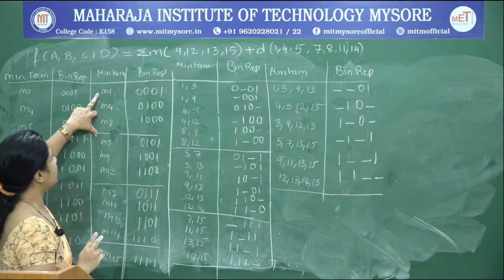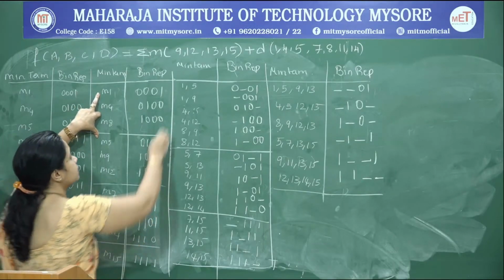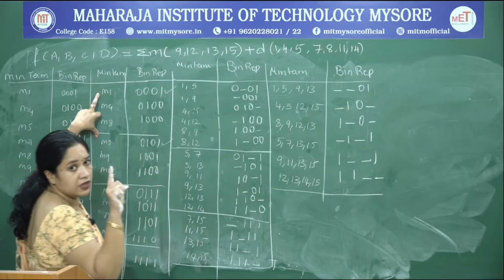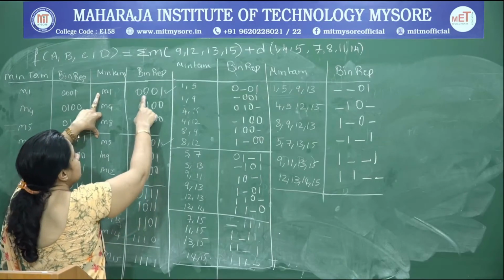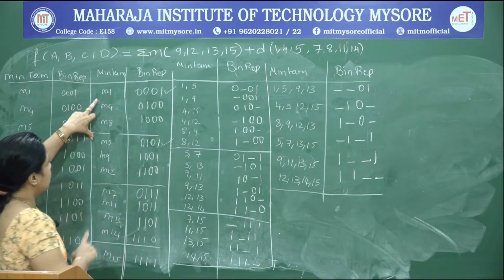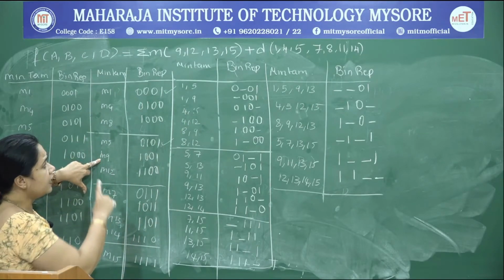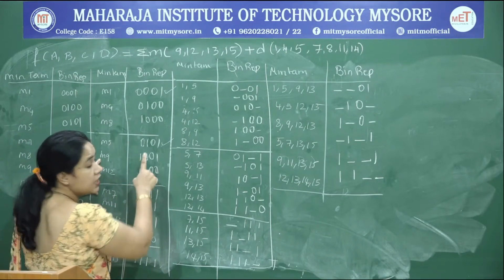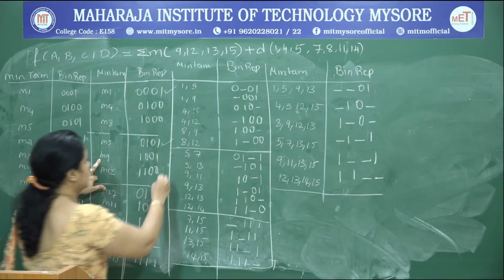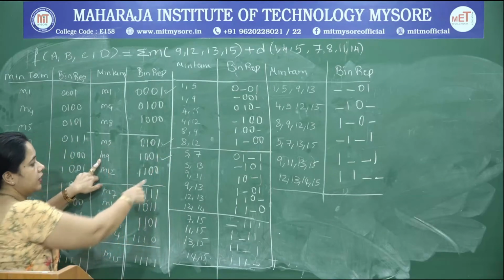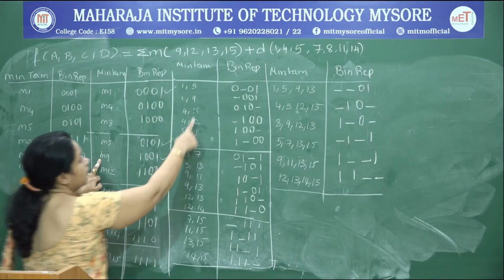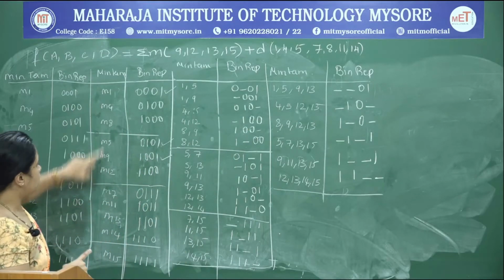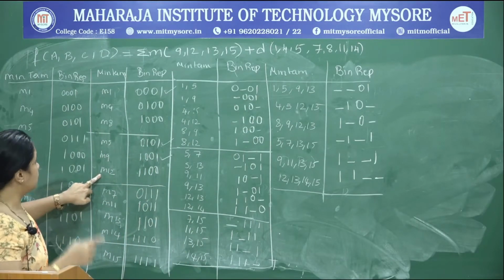If you can see 1 and 5, yes, it varies by 1 bit position, so we have carried it to the next column, replacing the varying bit position with a dash. So it is 0 dash 0 1. Next we compare 1 and 9, yes, it does vary by 1 bit position, replace it with the dash and carry it to the next column. While carrying it to the next column, you just put a check mark. So 1 9 happens to be dash 0 0 1. Now I compare 1 and 12, it does not vary by 1 bit position, no need to carry.